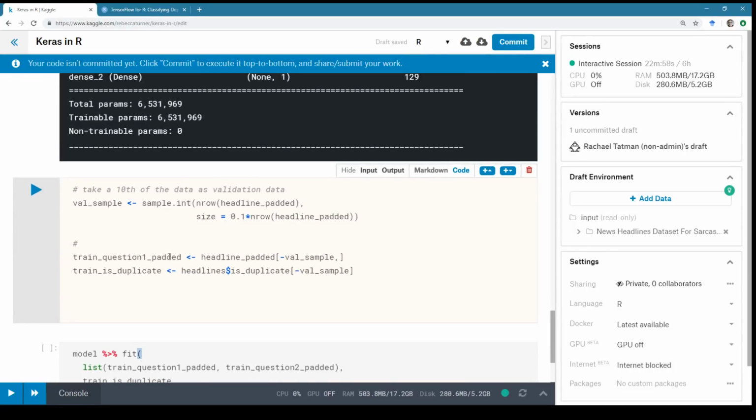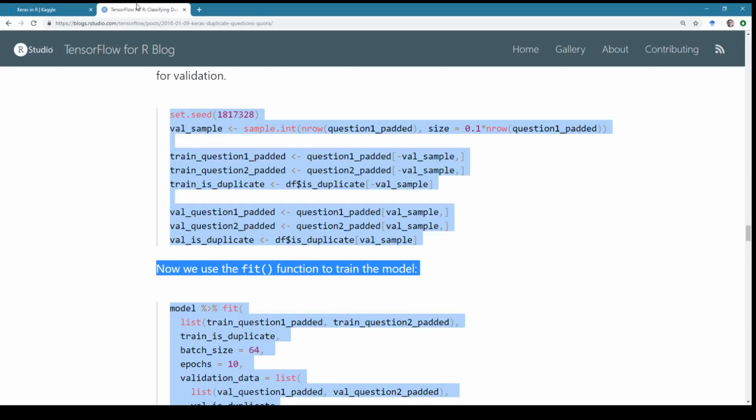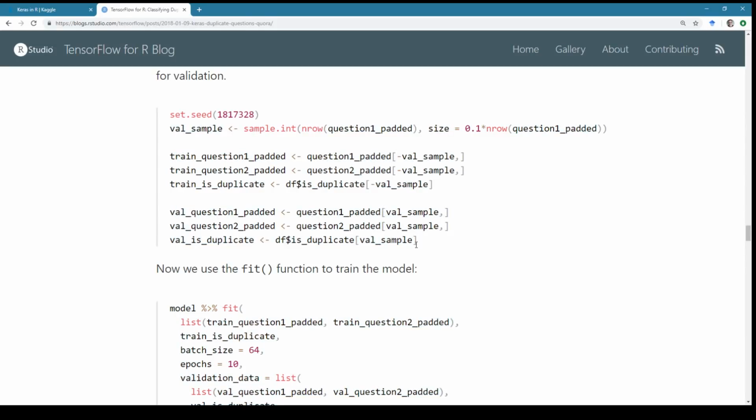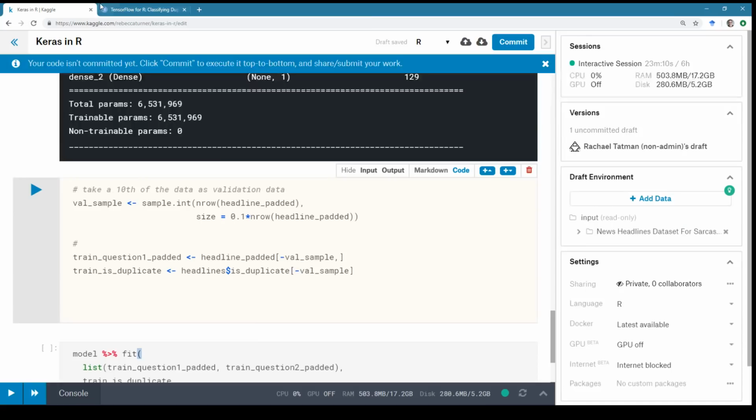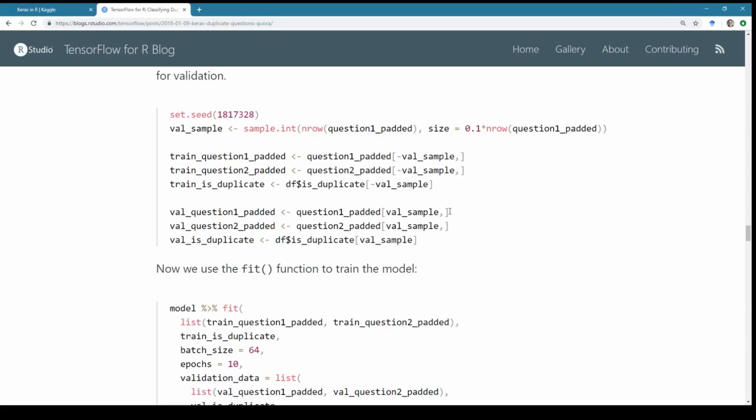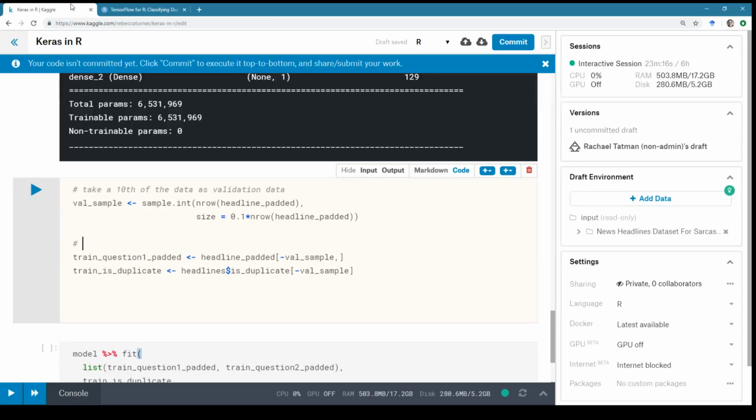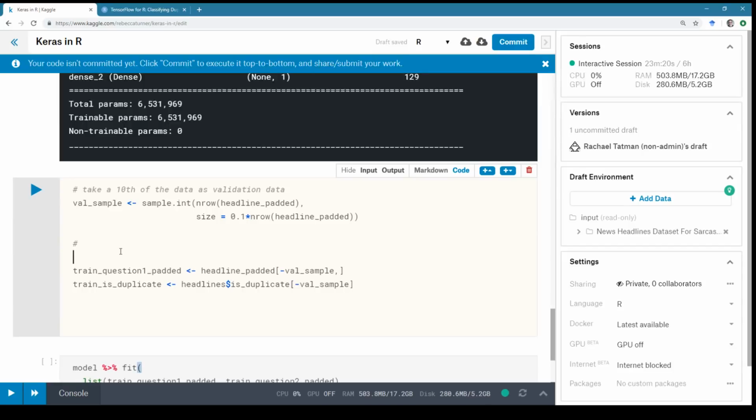All right, so once they take the duplicate, file sample, padded, train. Oh, I see. So the validation and the training, and I just have the validation there, and I need to also get the training. So this is negative indexing, the thing that is not in the index.